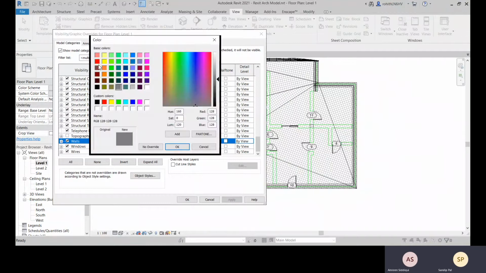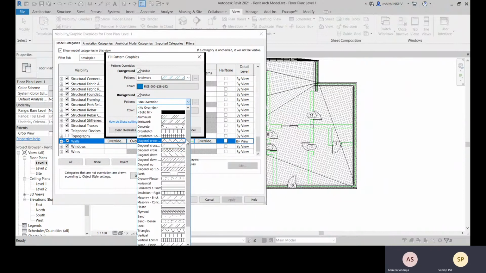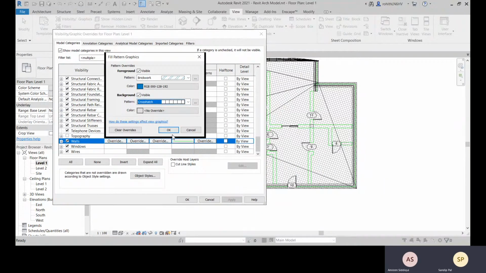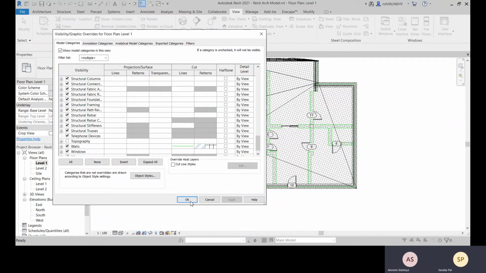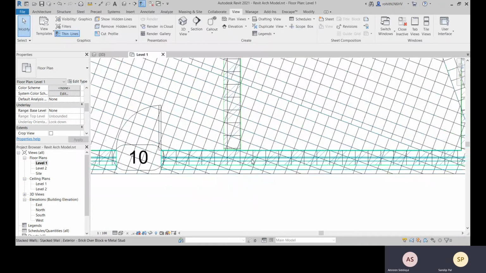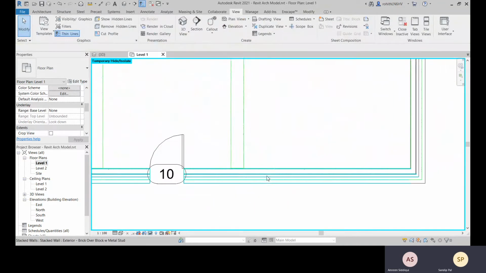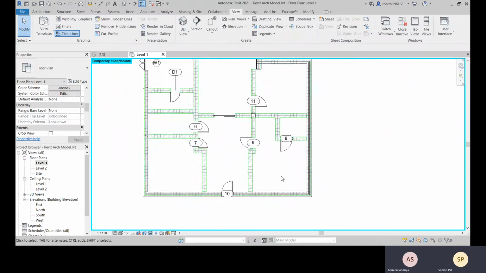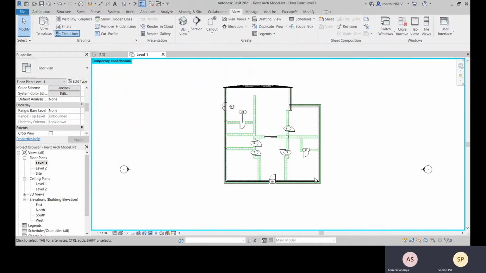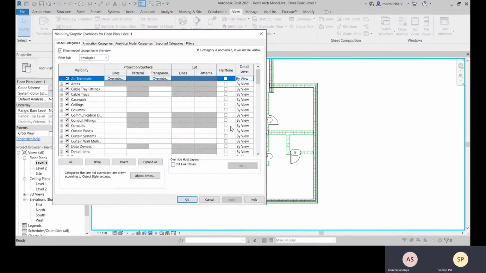You can define colors over there. Let's go with this color, and in background, if you want to mention anything, cross hatch. And let's not define a color for this. Click on OK, apply, and there you can see both the pattern is visible over there. Let me hide this one with HH, and you can properly see it. Right. So background should be a solid color with some pattern over it. Yeah, definitely that. You can go with that.